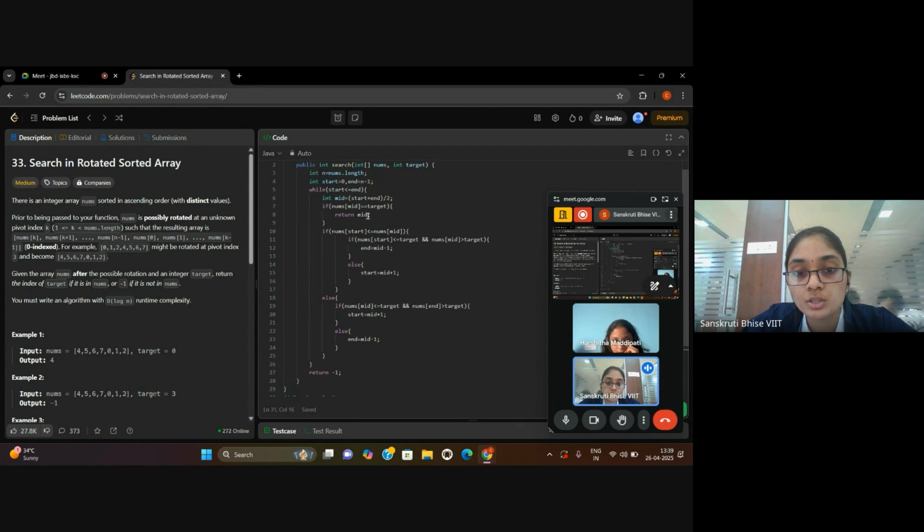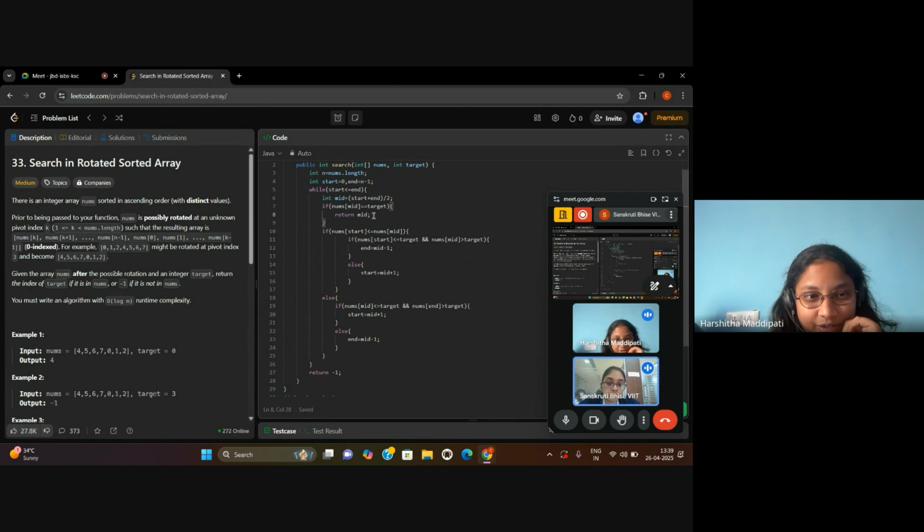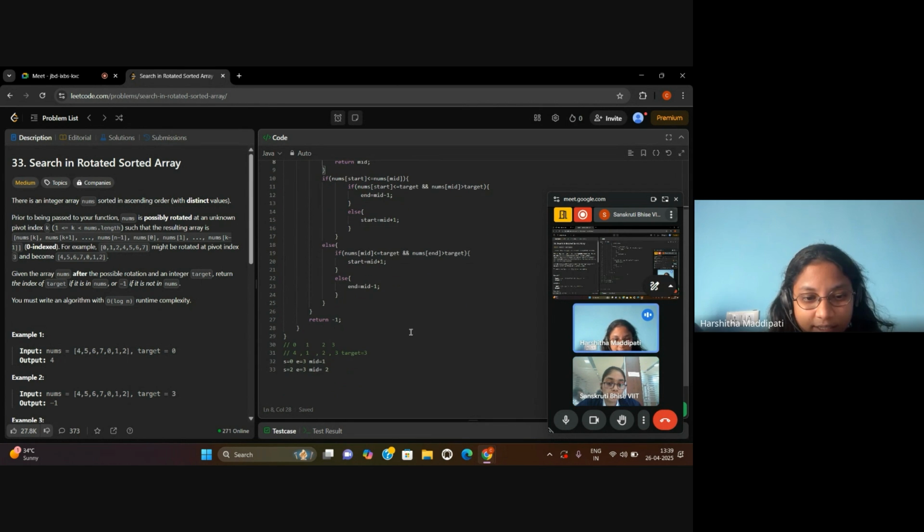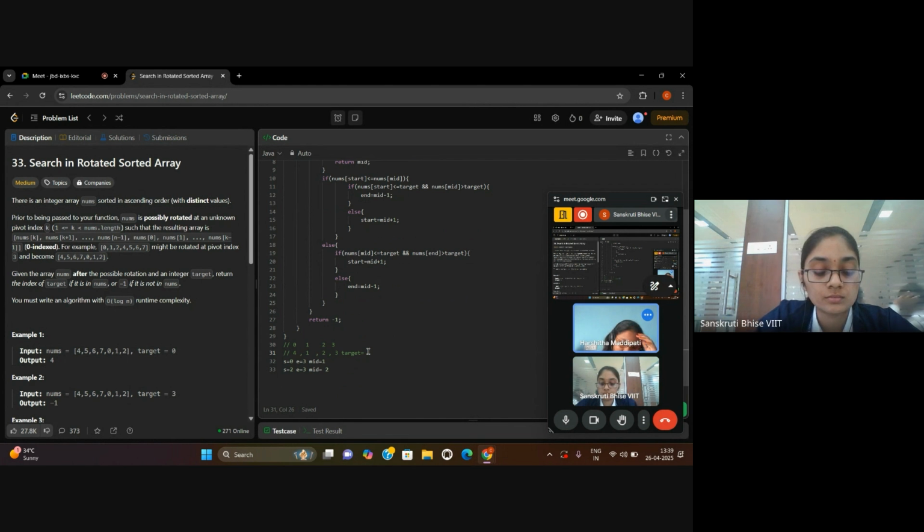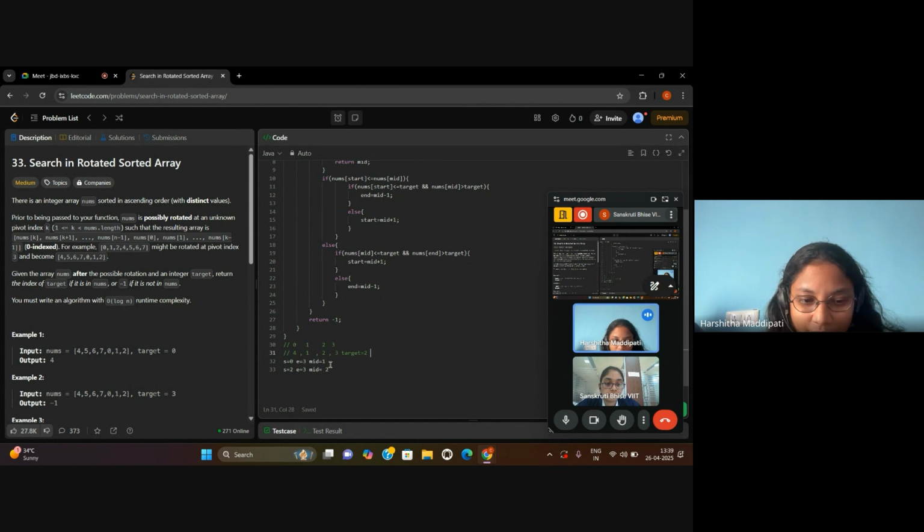And for this condition, nums of mid is equal to target. So if you go to index 3, the target is 2. Sorry, the target was 2.